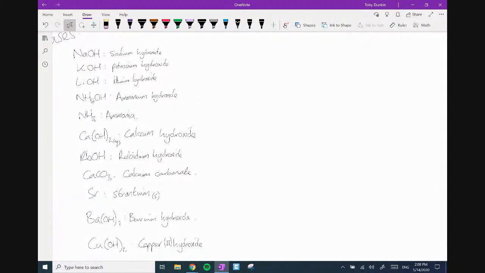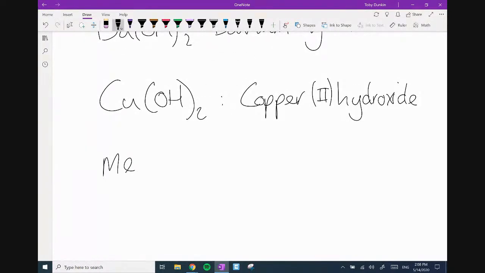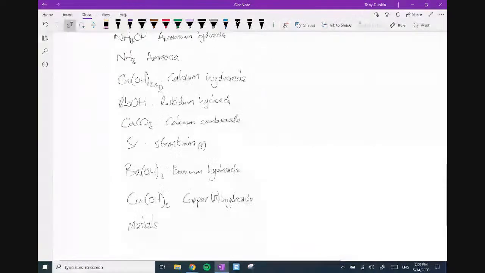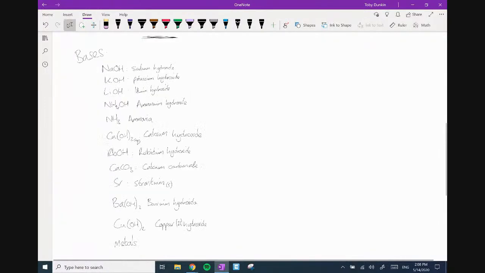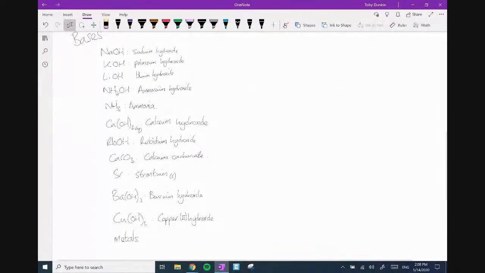Look at that. I'm also going to say metals. Pretty much all metals, apart from the noble metals like platinum and gold, and even those technically can act as bases. They can react with crazy acids. Metals are bases. They will react with acids to produce their salt and hydrogen. So metals are good bases in general. Iron reacts with acids. All the group ones react with water. Yeah, all the metals are bases. Wow. Okay. Now the problem is the metals are going to cause me trouble.